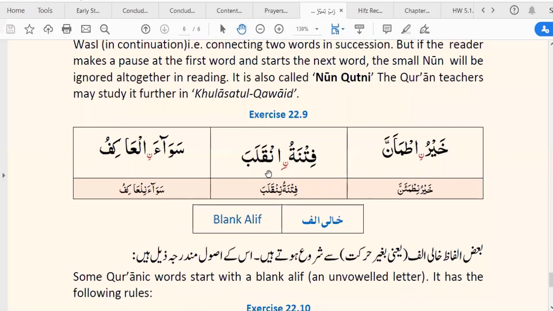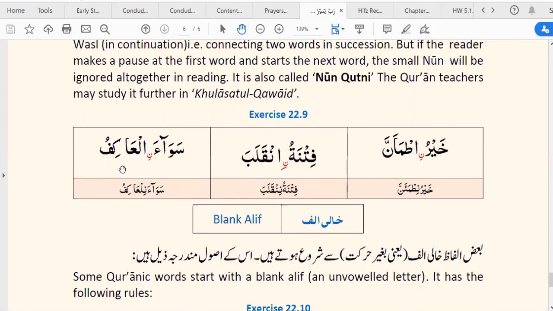You are right. Now, can you explain what you did and why you did that? The noon has a sukoon, and the qaf has a fatha. So if any letter has a fatha or kasra, you make the blank alif into a kasra. Very good. Now let's do the final